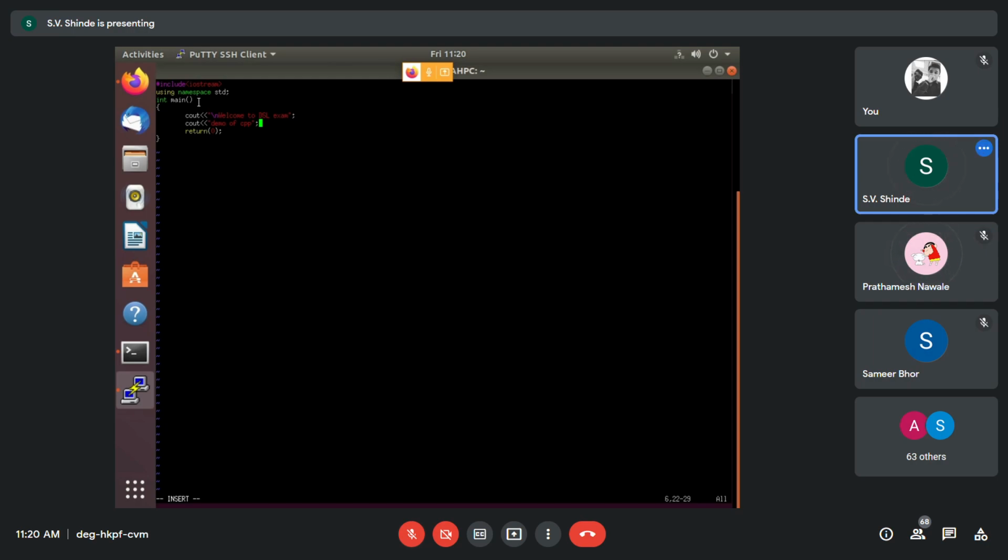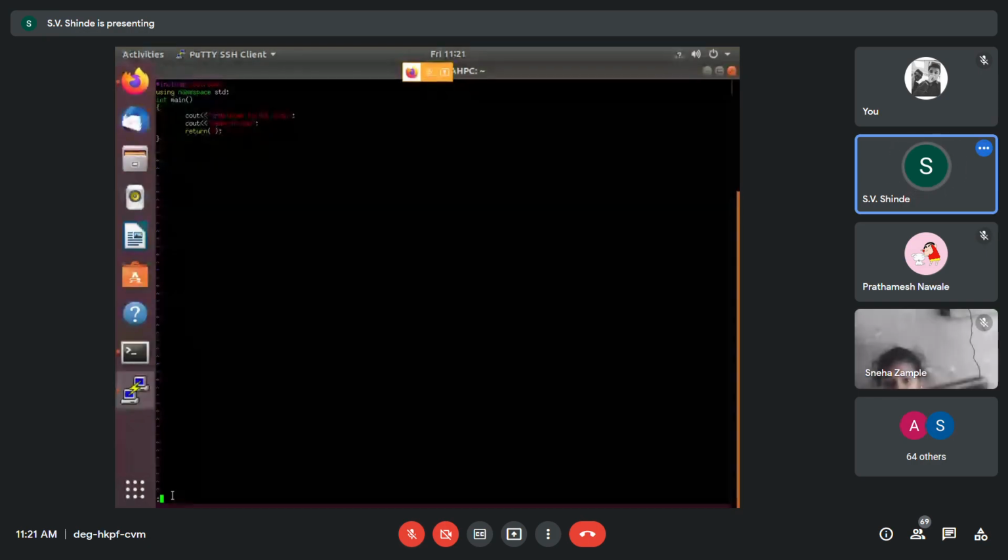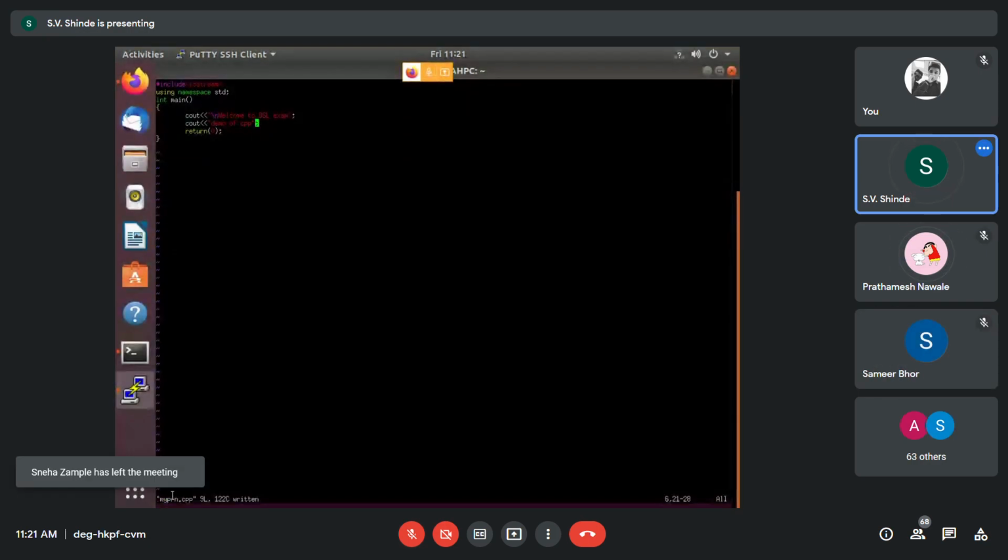So how to save it? Press the escape key. Then press colon. So first I press the escape key, then press colon. Your cursor will come to the bottom of your editor, which is highlighted with green color. Type over there W and enter. When you write W, it means write, so it will save your work. So for saving the contents, press escape, colon, W. Is it clear?